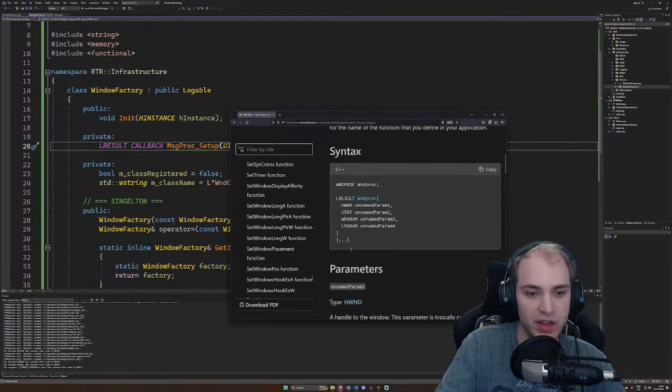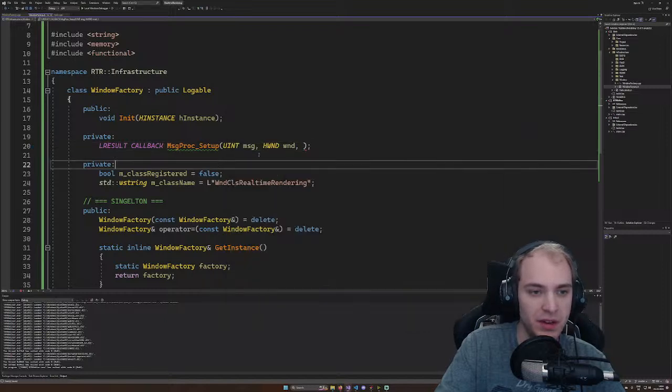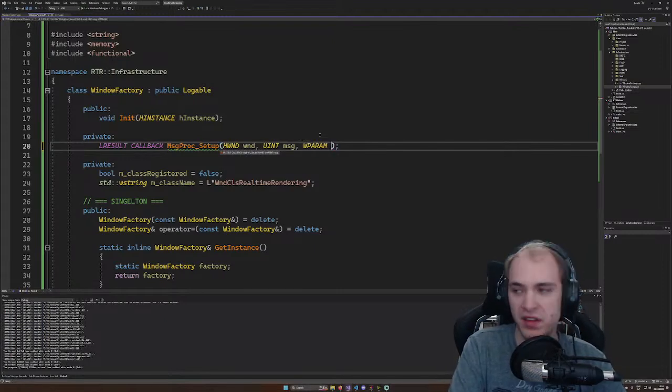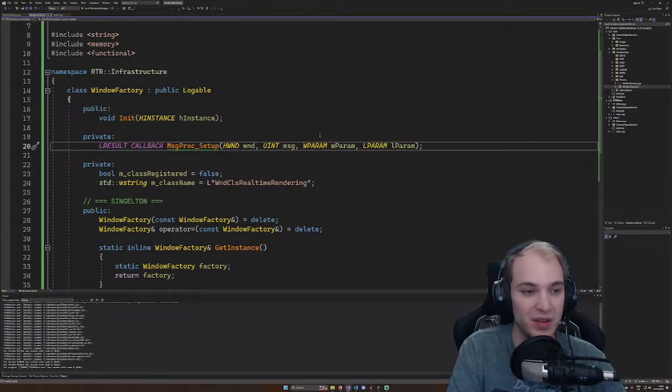Now WindowProc takes the window, then the WParam, then the LParam message. So let's do it like that. There's a good way of remembering that WParam needs to be on the left, because L stands for left, and it's actually not as you expected. So W is the first one. That's how I remember that one always. Alright, so